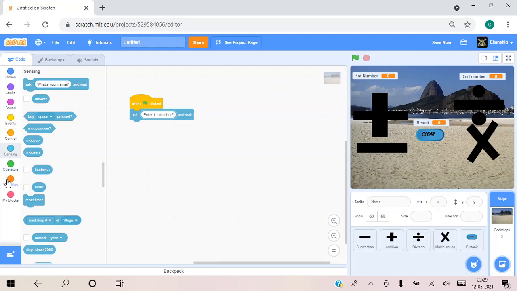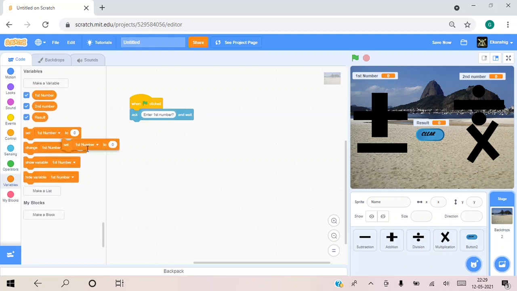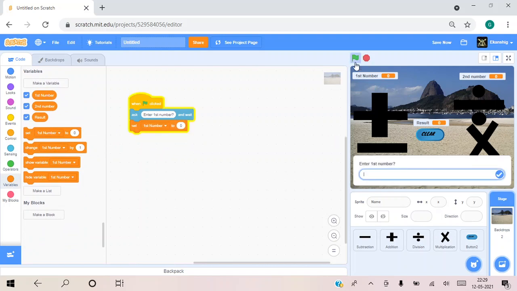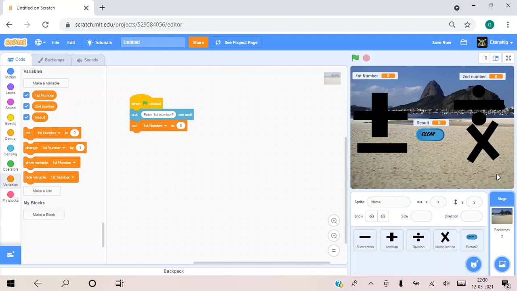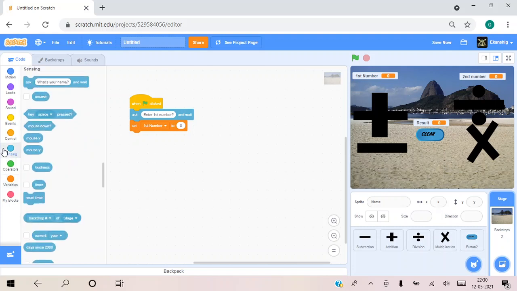and then I'll go on my variables. So I'll set. I will tell you why I have used this set option. Enter your first number, so it will ask you that. So I will add my number as 12, and then I will put like this. See, nothing happened. So you want the first number to come here, so we will go on sensing,